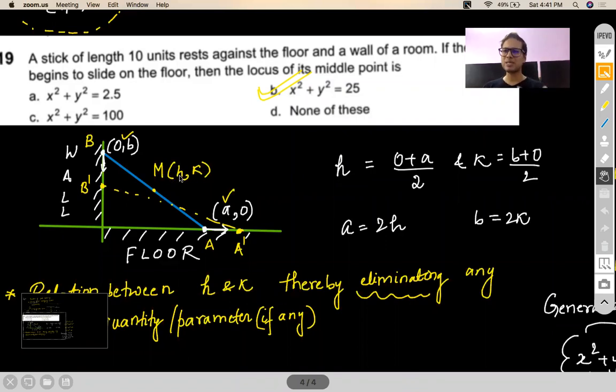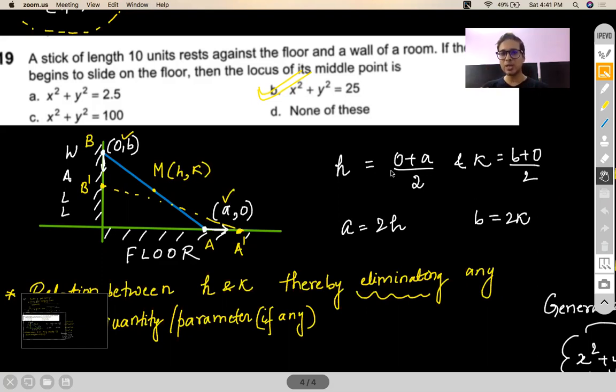Very healthy practice. Now many people will question me, sir, ultimately you are putting it as x and y. No sir, why not we take x and y in the beginning? See, you may do it, I'm not denying it, but there is a chance that there would be x and y coming from the variable of a line, and there will be h and k written as x and y by you, and both will get muddled up and will lead to your confusion. There are certain instances where such a confusion can occur. We'll talk about it when the right time comes.